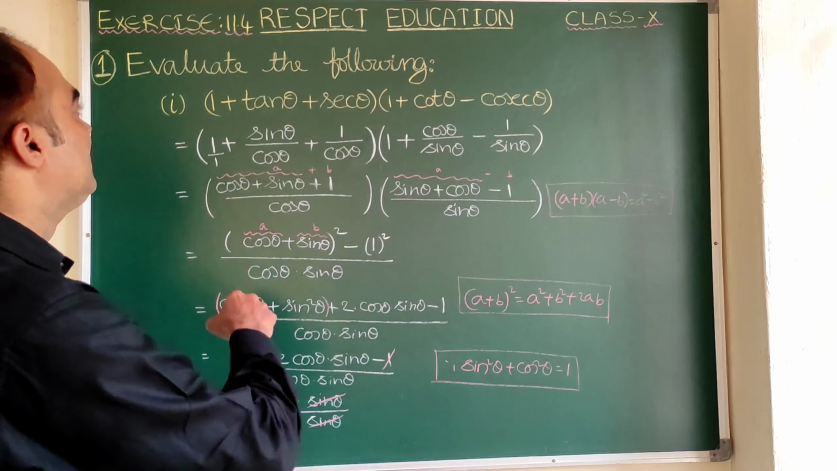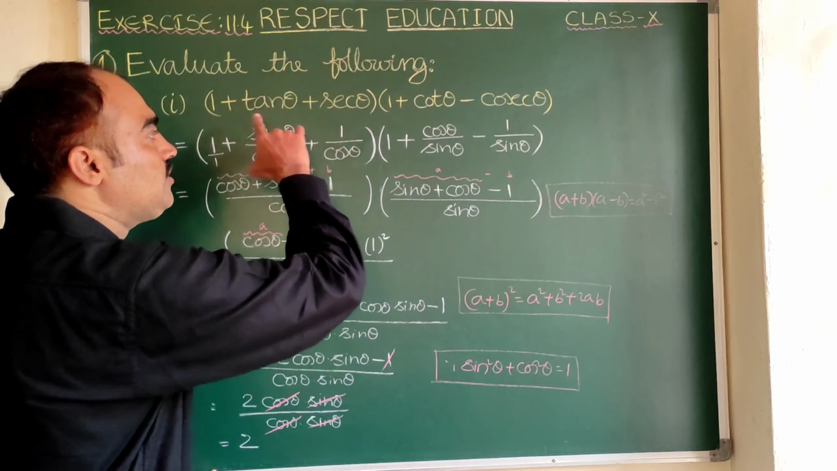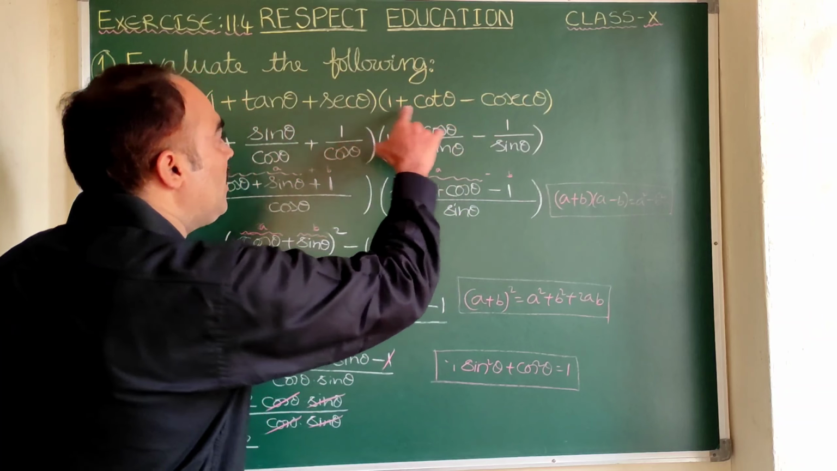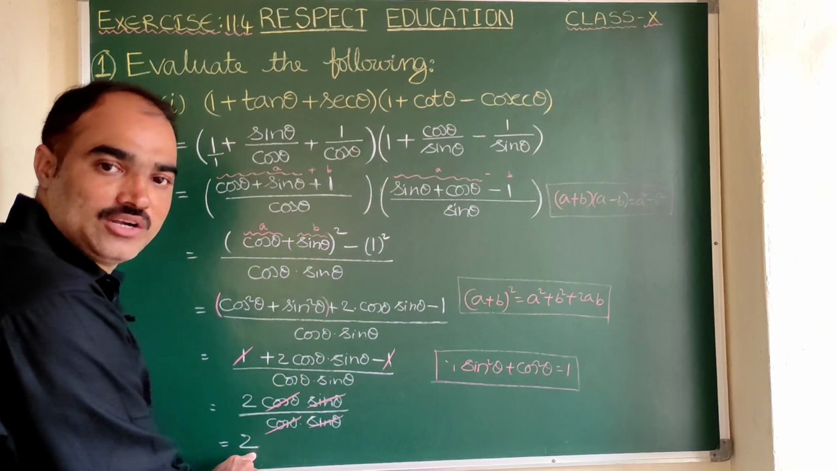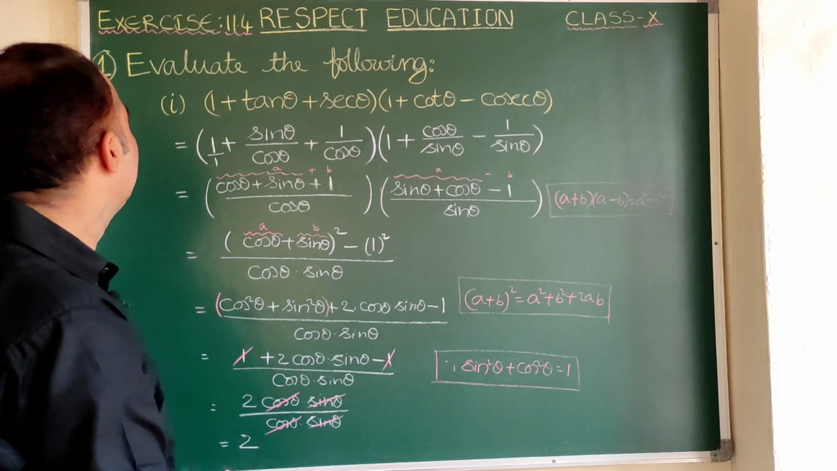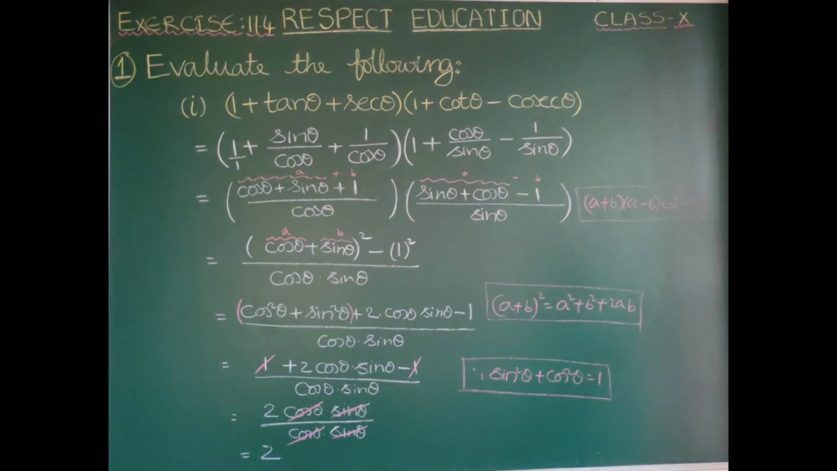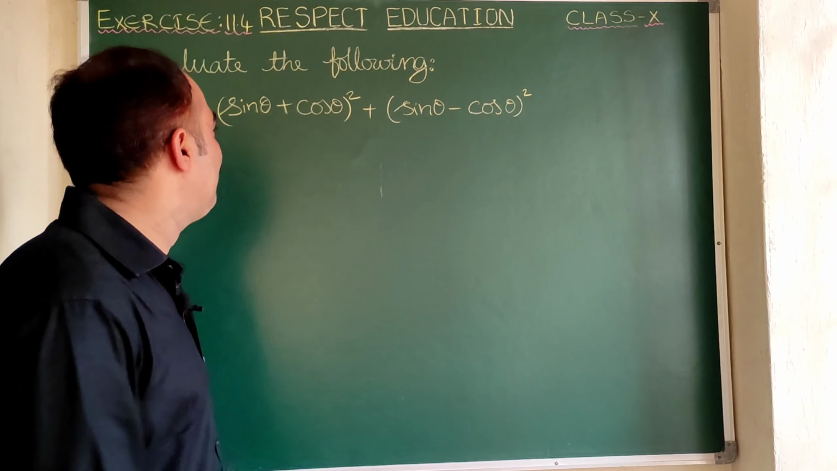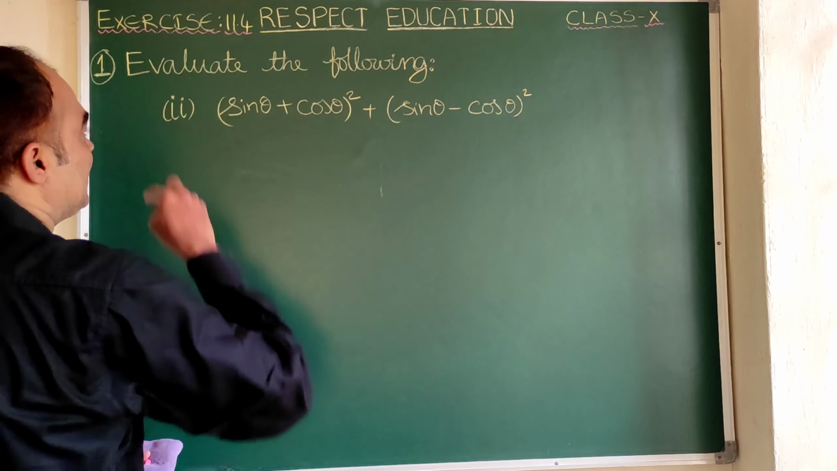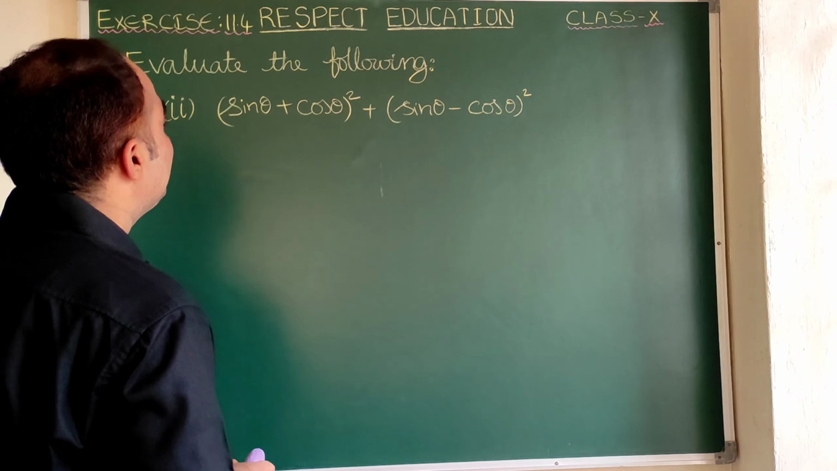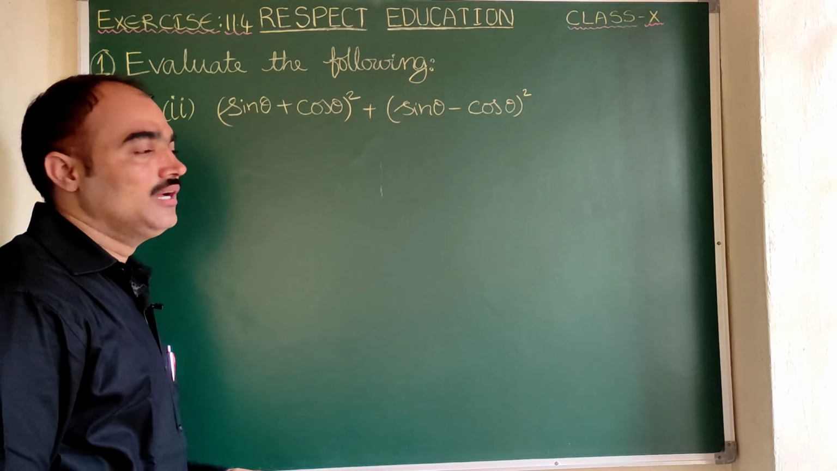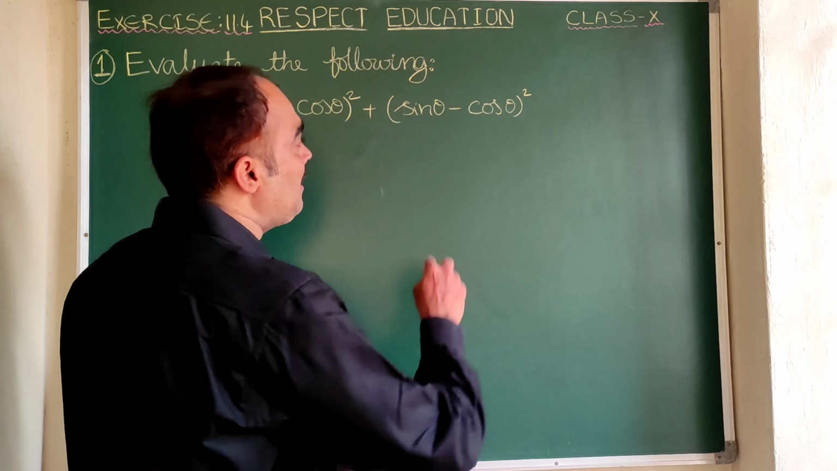Now here you see the question. Evaluate the following means we should find the value of this. The value of this expression is equal to 2. So with this, the first problem, first bit gets completed. Now we see the first problem, second bit, that is sin theta plus cos theta whole square plus sin theta minus